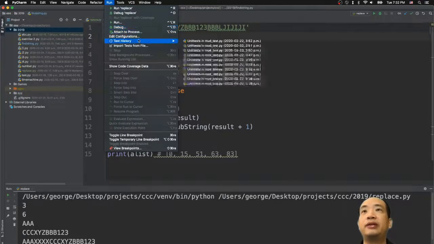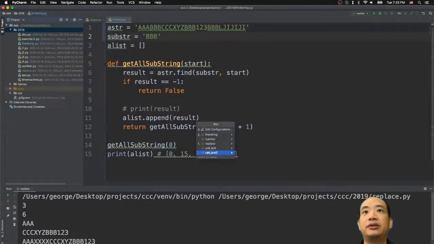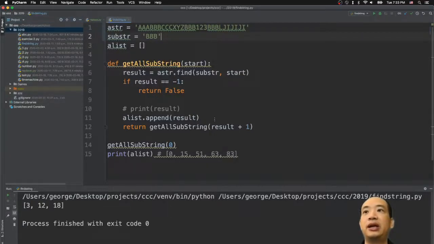The first time you run this script, you have to go to this option, like Control Shift R in Mac is a little bit different. Probably Control Shift R is the same thing. So you choose 5 string. Because I have the 5 string, this one, or if you have another file name, you should choose your own file name. So we click here, and I get the numbers